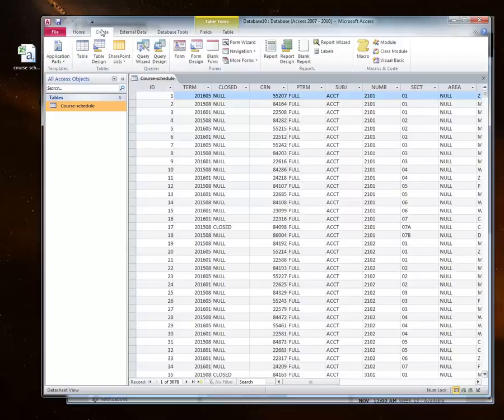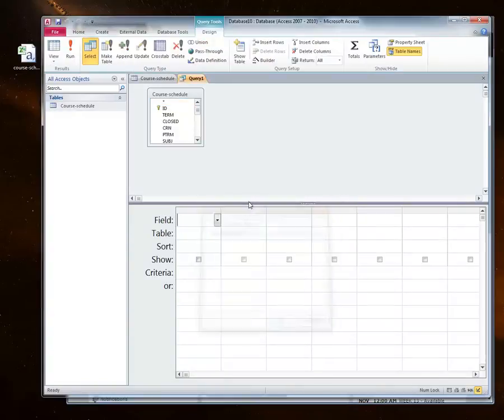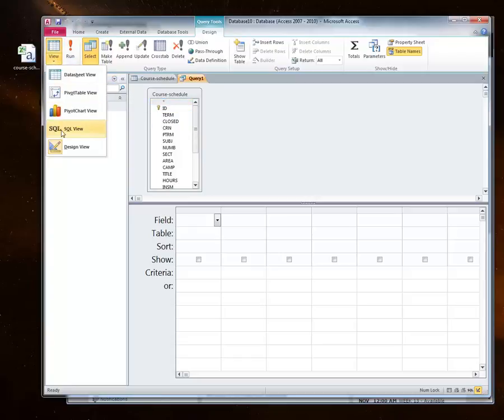Anyway, getting to writing SQL, I'm just going to come over here to create and go to query design. It's going to open up this window, and you can add the table to the background, which is familiar if you've watched some of the other videos. It's got all my fields in it, and I don't have a second database here, so there's nothing to make connections to. But what I'm going to do is go up here to View and flip this to SQL View